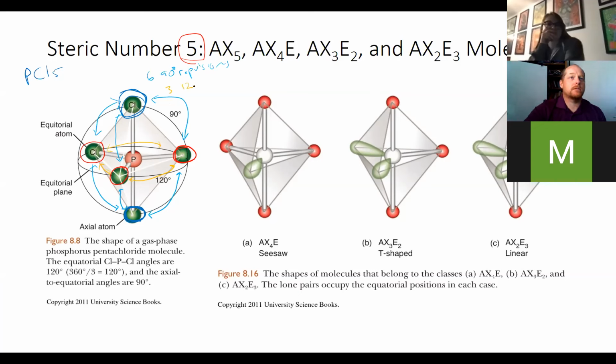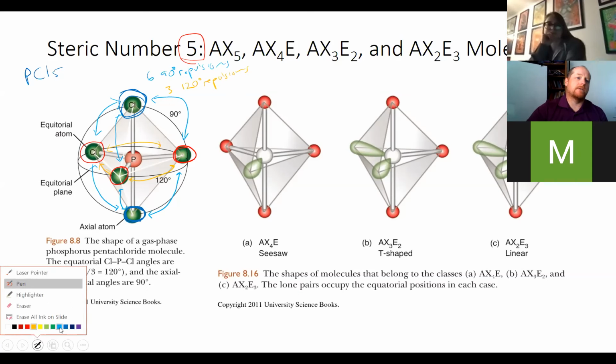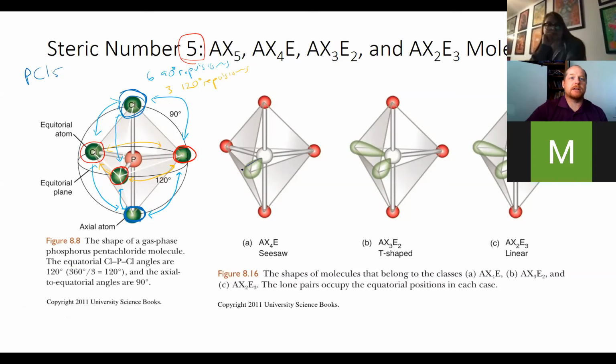Okay, now the 90-degree repulsions are the most repelling, if you will, right? The highest energy repulsions. So what winds up happening is when you start to replace the surrounding atoms with a lone pair of electrons, right? And so instead of having 5 surrounding atoms, when you replace one of those with a lone pair of electrons, as you can see right here,